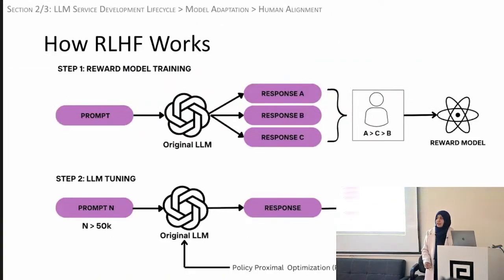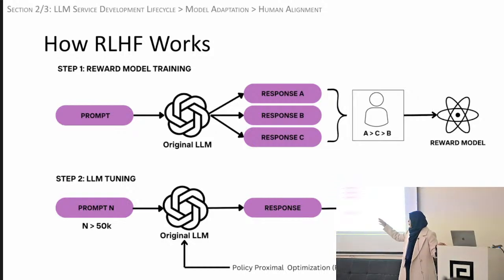So the way we do that is through something called RLHF, reinforcement learning with human feedback, okay? It's a fairly complicated process, but I'll try to cover the high-level idea of it over here. RLHF, as I said, is an essential part of now pretty much releasing any LLM. So the way it works is in 2 steps. In the first step, you train a machine learning model called the reward model to just be able to distinguish between a human preferred and a not preferred response, okay?